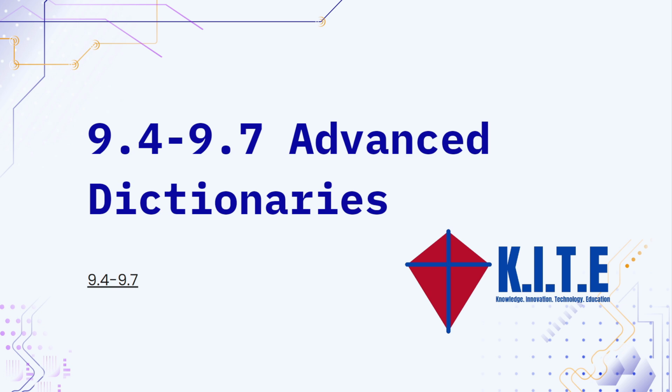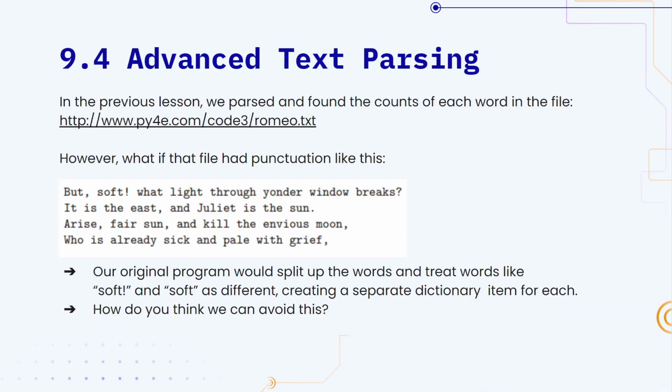Today we're going to continue learning about dictionaries. In this video, we are going to go over a problem that's actually not too complicated, but we're going to learn more about the previous problem with Romeo.txt. We used this file, Romeo.txt, and we parsed it and found the counts of each word in the file. This is an excerpt of a file we are going to use, which is a more complicated